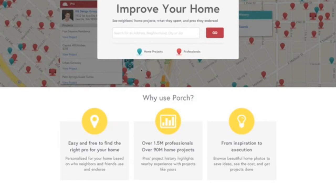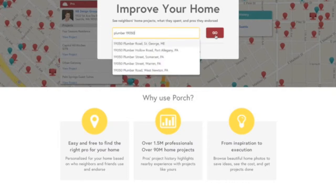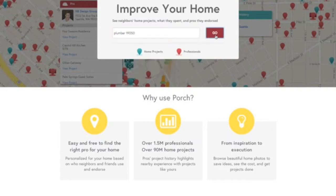So this is the home page that you would typically see when you go to Porch.com. And honestly, I think the site is too new to have this as their entry point or gateway into the site. And I'll show you why in a second. So let's say I am looking for a plumber in my zip code. I hit go, and I am presented with